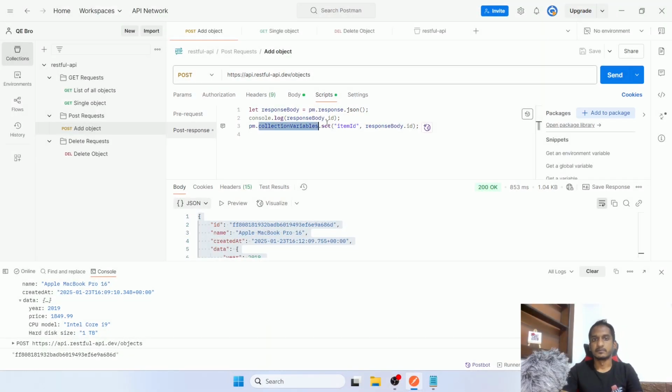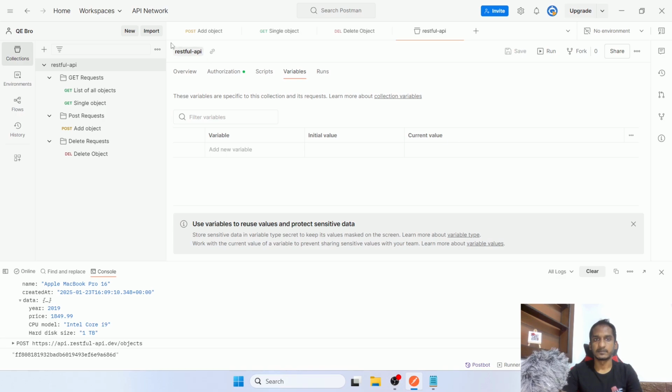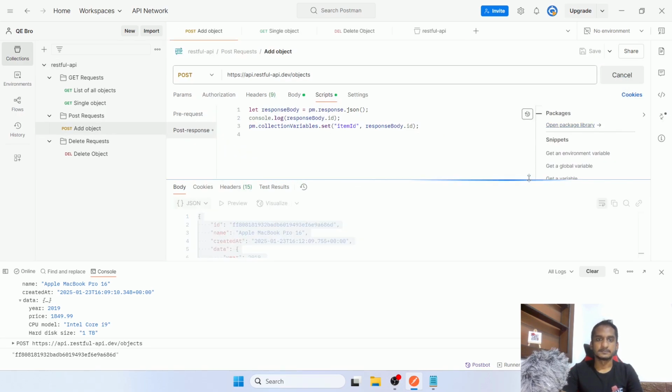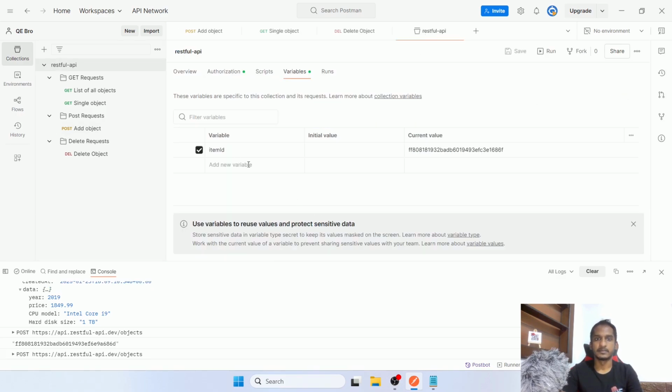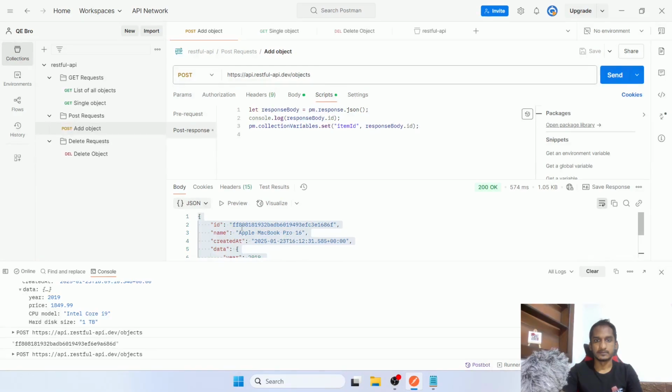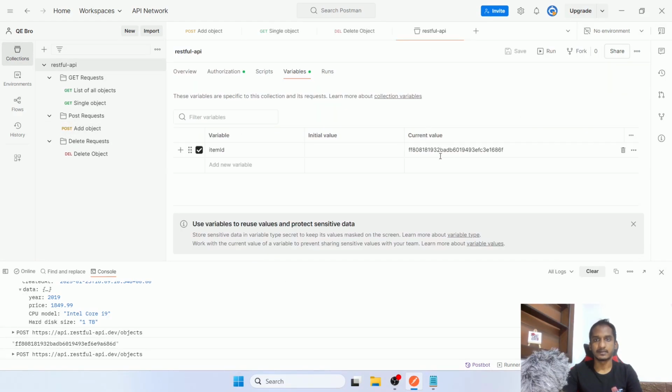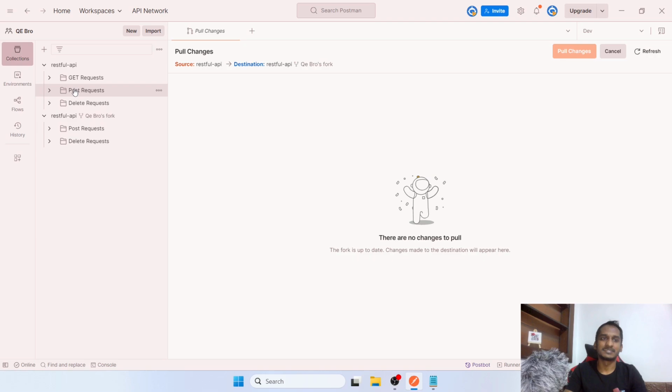Using the collection variables set method. So now again I will show here there are no variables now. So I will send the request, and then if I go to RESTful API, now you will see a variable was created called item ID, and the value from the response was saved as the current value. To merge my changes to the original,